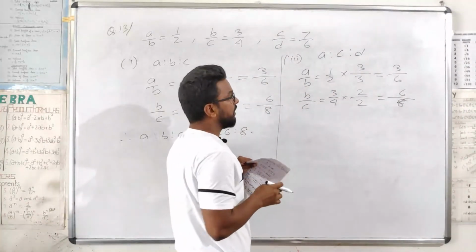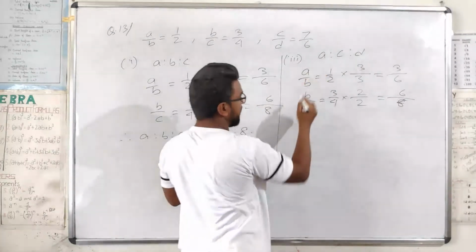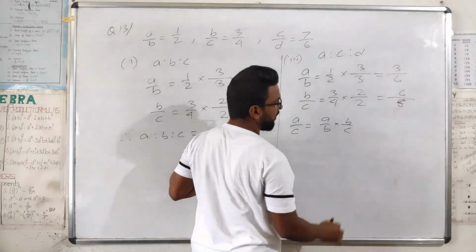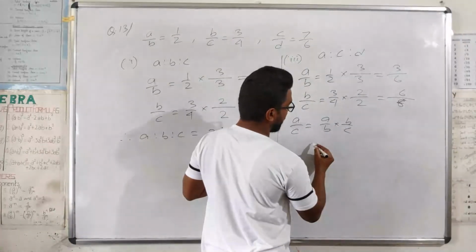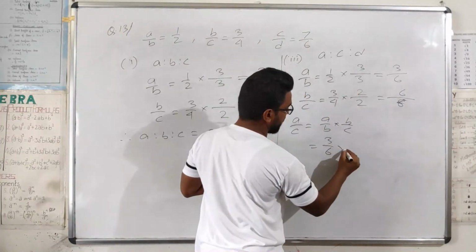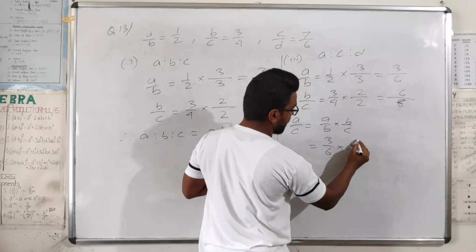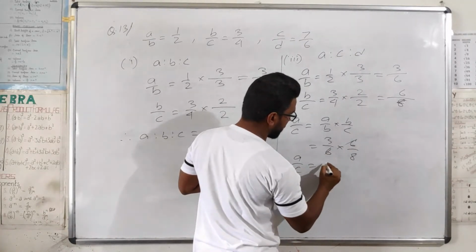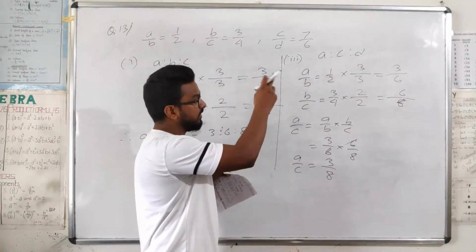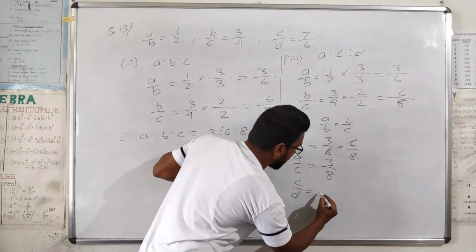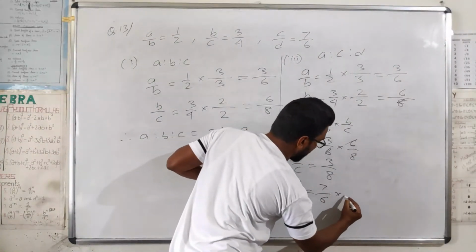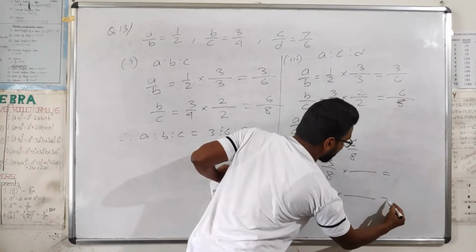Fine. Now you will see, to get AC, the ratio of AC, you need the ratio of AC. So what you will do? AB into BC, if you multiply you will get AC, right? So what is the value of A? AB is 3/6 and BC is 6/8. So if you cancel, you will get A ratio C is 3/8. Clear? Now again you have to find C ratio D. C ratio D is given already 7/6. Now you see what is common in these two.